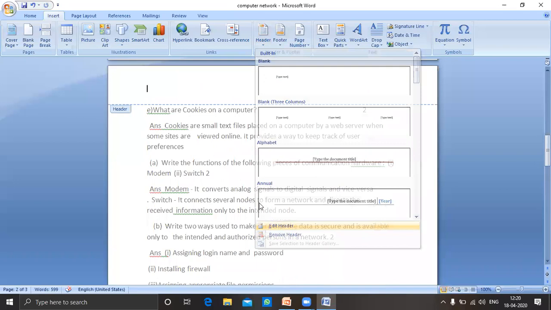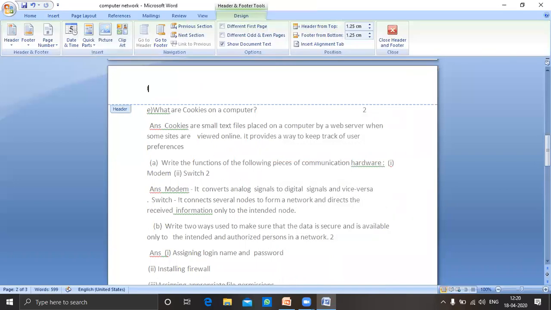You will write whatever you want. You want the name of the chapter, lesson 3, that is basic ICT skills, part 2. Clear? Done.